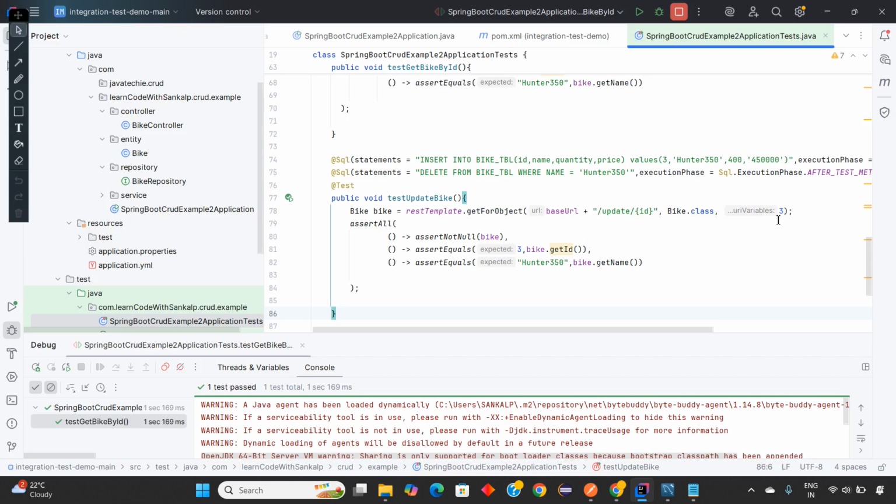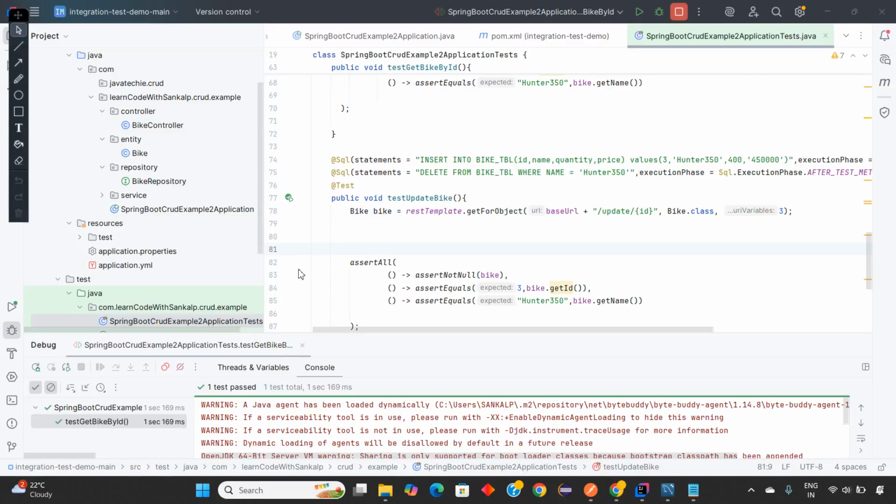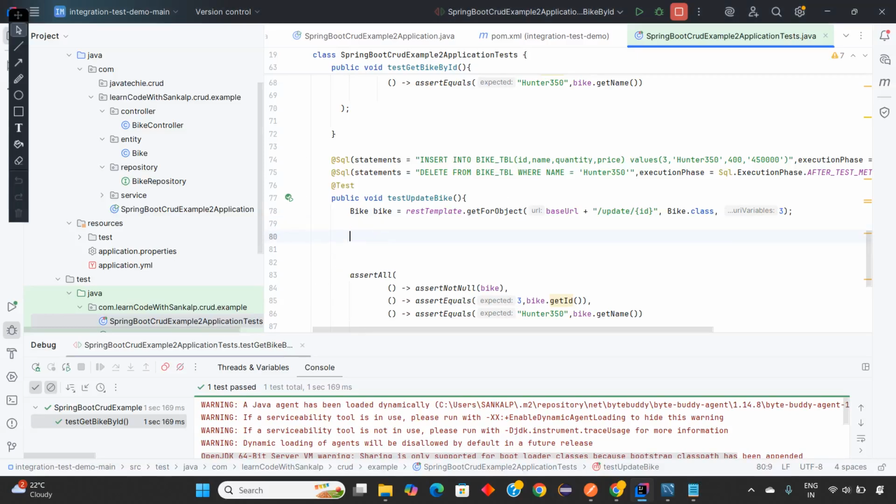Here we can create one bike, and we have to write what update we have to write in this bike. Then we have to write bike is equal to new bike, with a name like Enter 350, and the quantity will be that